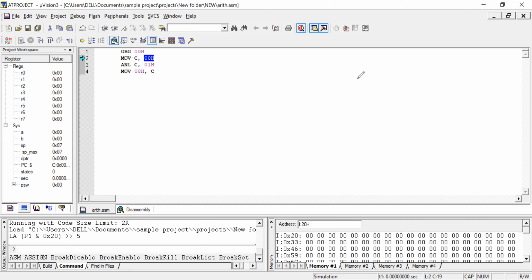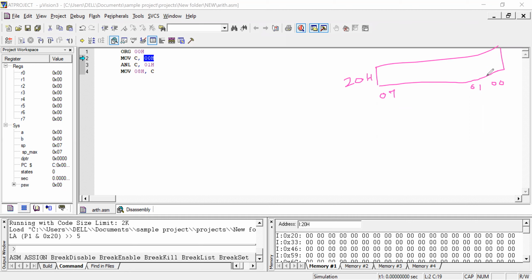In 20H we have 8-bit data whose addresses are 00, 01, 02, like that till 07.